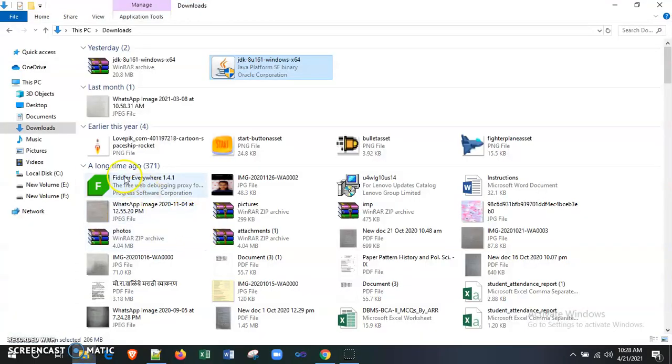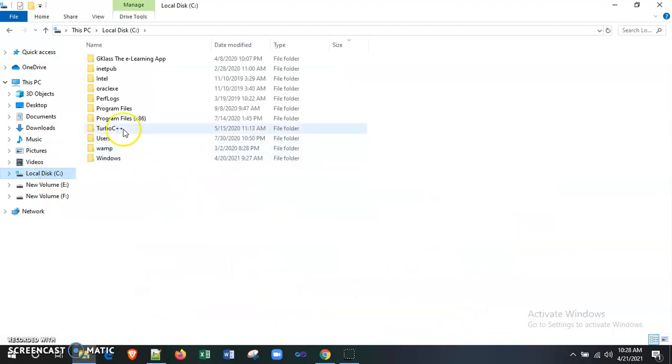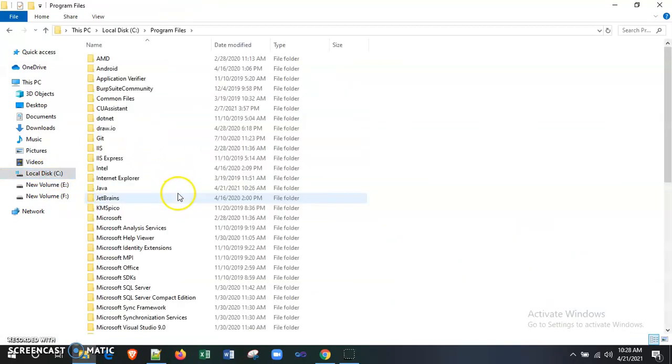So how to check whether JDK is successfully installed on your machine or not? Go to drive C, go to program files, and there is one Java folder. After installing JDK, the Java folder is created inside this path.